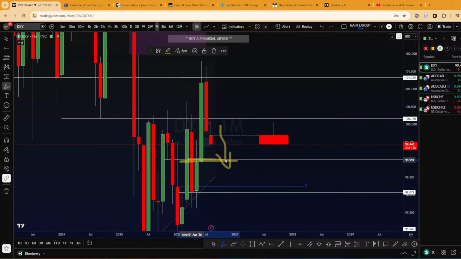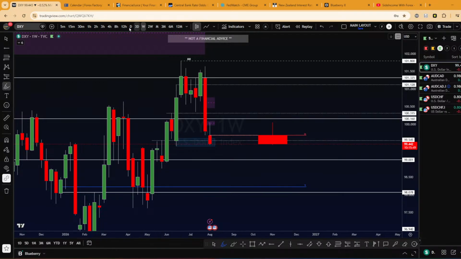At least I want to see price drop here, or even potentially target the yearly open, this blue line, which represents the open of the year. So it is also a powerful level, but we'll be more focused on this level. When price reaches here, I think I will end the session. So the target is lower.